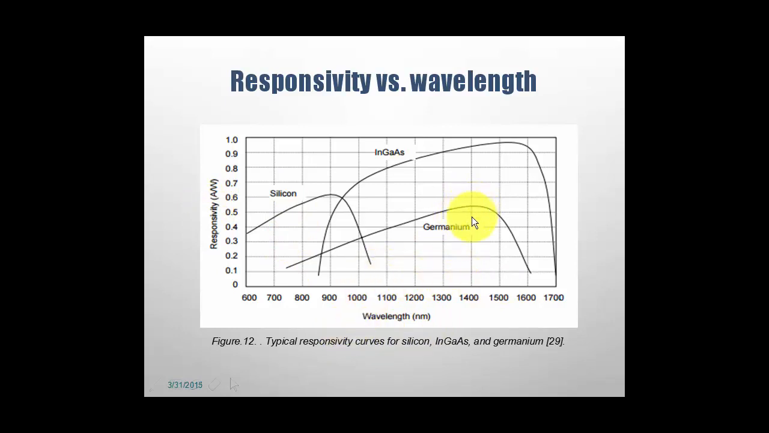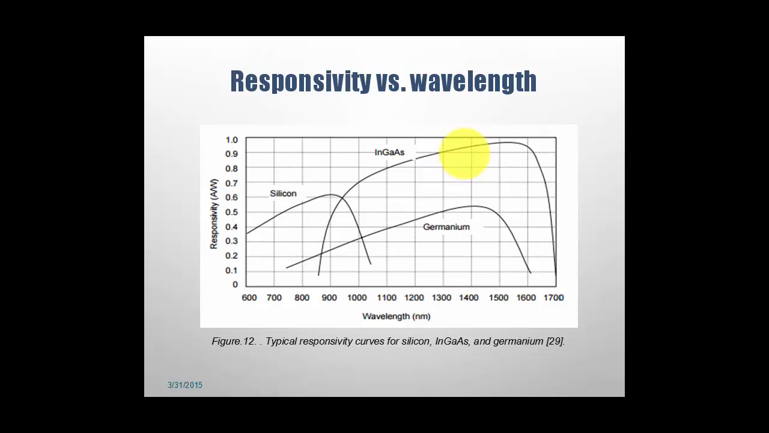Just like for this material, this is the maximum response. For indium gallium arsenide, at this stage it's the maximum response. For silicon, it's a maximum response at around 900. At larger wavelengths, the responsivity drops sharply